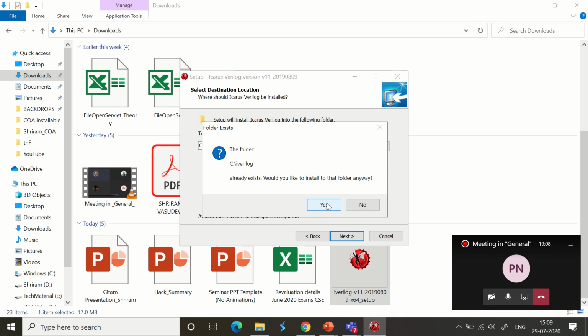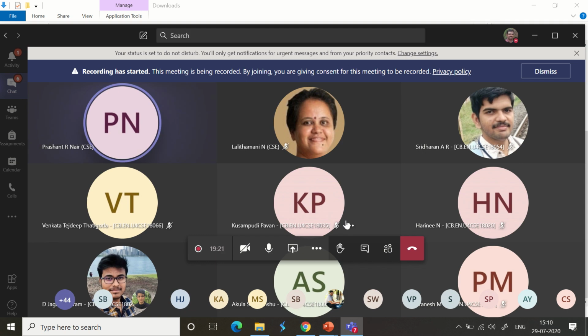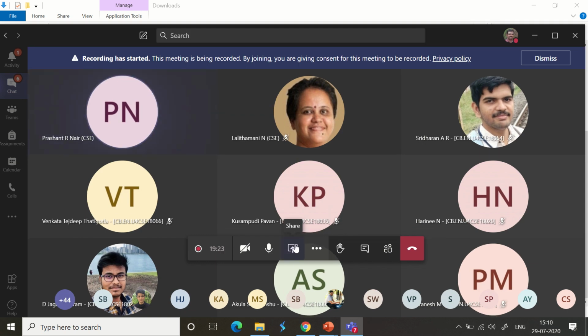or something. I have already installed it, so I'm not going to reinstall it. The same package I have installed before I tested it for the practice session. So I'm not going to install it. I am removing it, so I stop the process. This is the way we need to install it, is what I wanted to convey to you, and it is done.